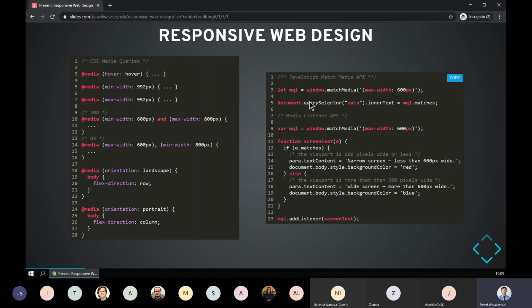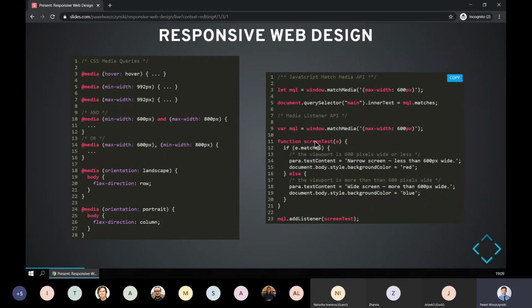Basically, you just call this function and provide it a regular media query, and it returns a media query object. The main property is matches. It specifies whether at this time the media query was truthy, and then you can apply some logic